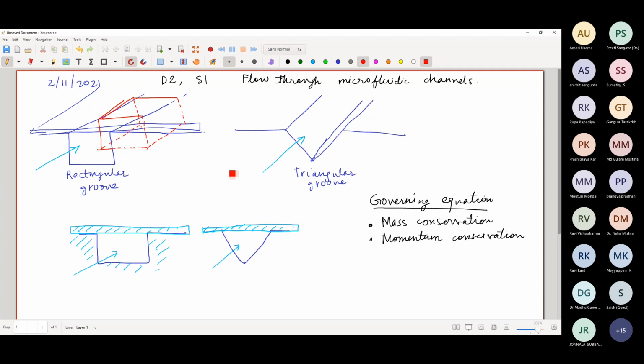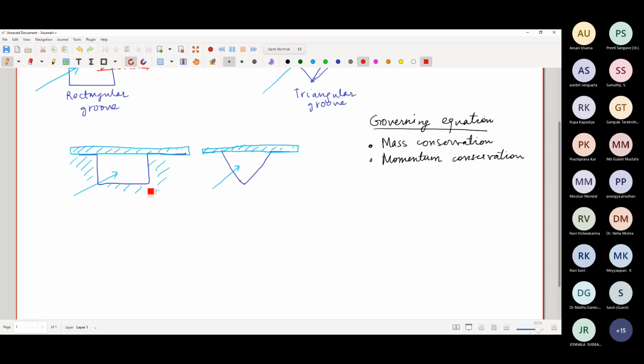If I just draw the volume separately, I have this volume. So the conservation of mass will tell me that